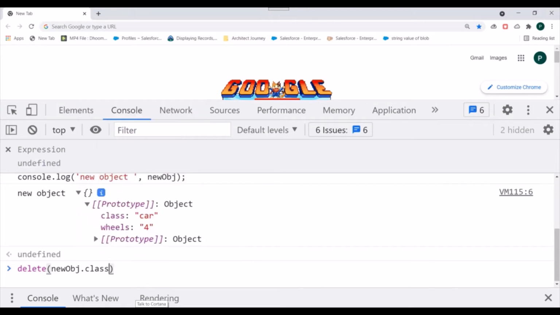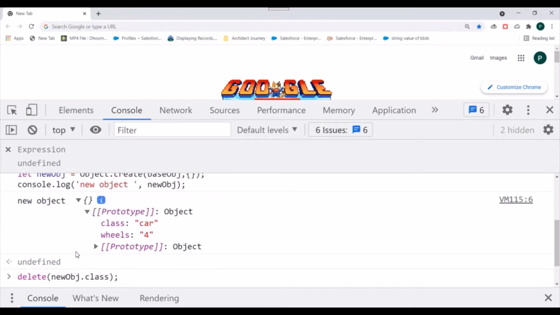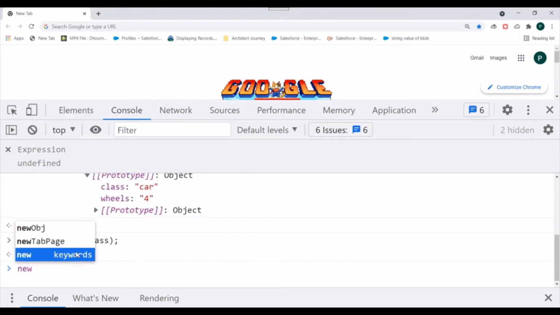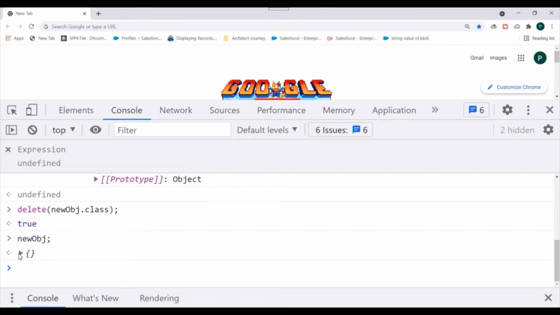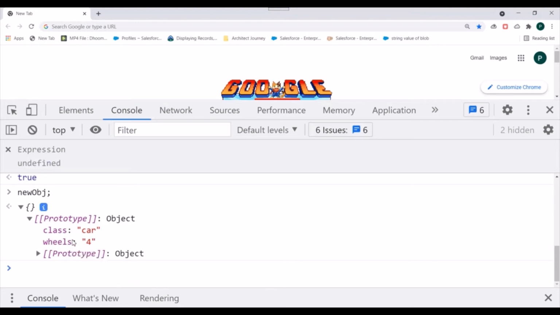Let's say class is a property, and I wish to delete it. It's returning true, but if I print the new object now and expand the prototype, you can see the properties are still over here. So you cannot delete these properties.